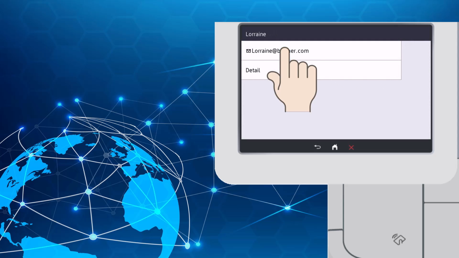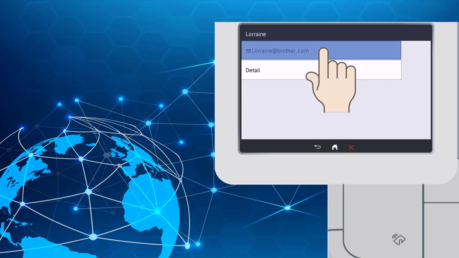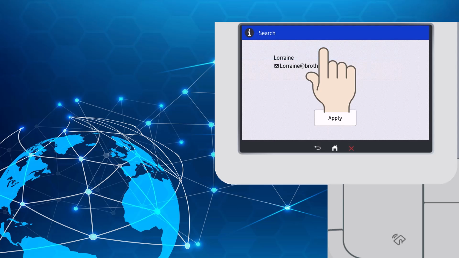The information of your selection will then be presented on the screen. Select the email address. We can see the full name and email address. Where is the search getting the information from, and how does it associate the name and the email address?